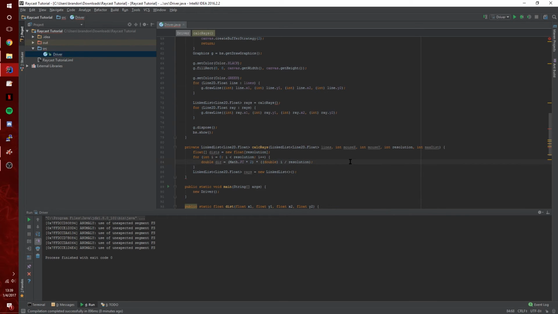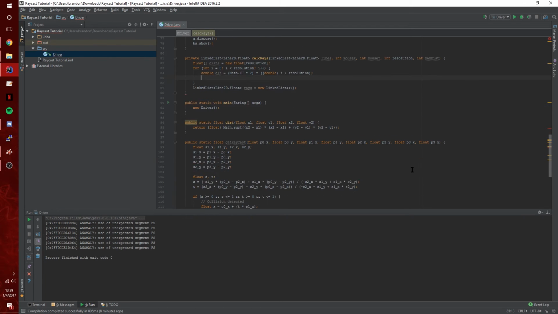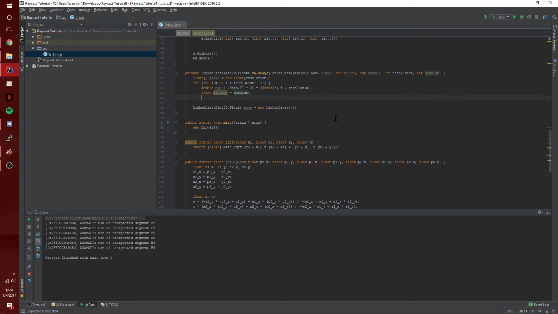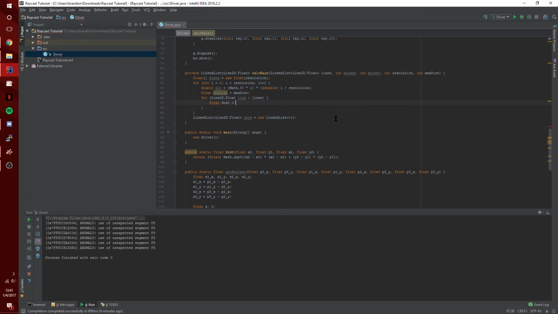And now theoretically that should work. Yes, that should work, because i over resolution, when i is a quarter of a resolution, that'll be that. Okay, great, so that works. So now we have our direction, and now float min dist equals max dist, and then for float line in lines, float dist equals